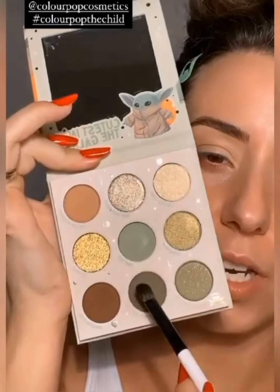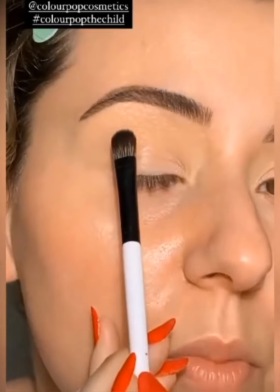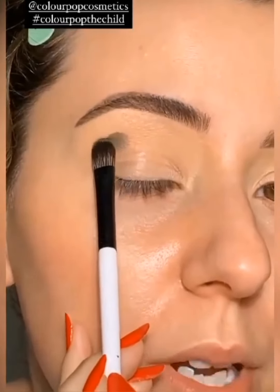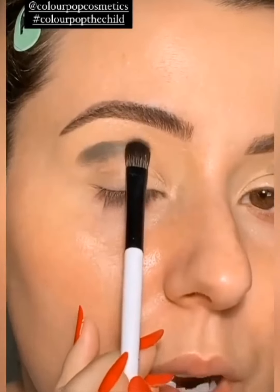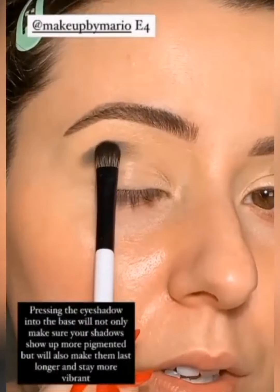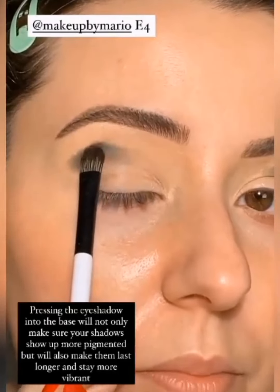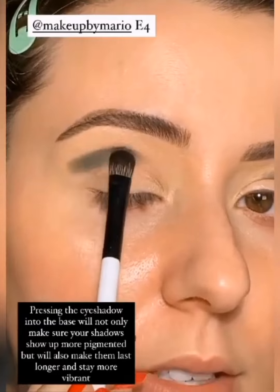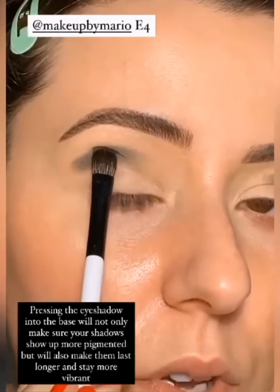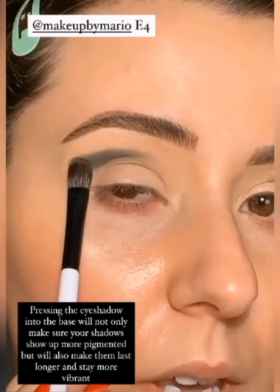So we're going to grab this shade here. It's a nice deep olive. I want to show you how smooth it already went on. Look at that. So I'm going to take this Mario brush here and I'm just going to press it through here. I have no idea what I'm doing, but I know I want this dark olive through here. Look at that. Just make sure you're pressing it into the eyeshadow base. This is going to give us a more even application, and it's even going to make it more pigmented